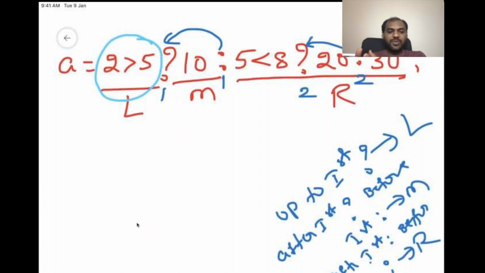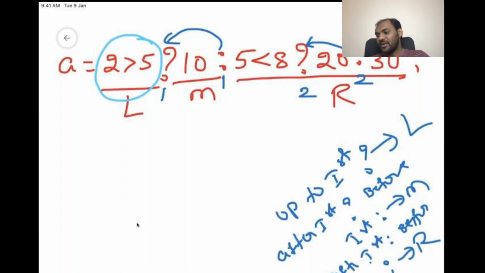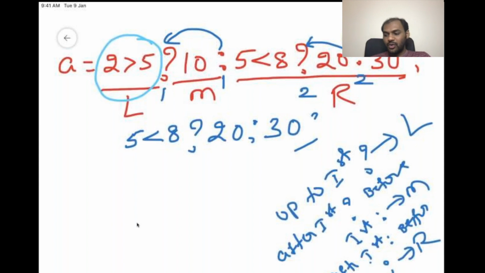So when we have an expression on the right side, you pick the complete expression in the second stage. So you pick that one: 5 less than 8, question mark, 20 colon 30. Again, same procedure. What do you have to do?